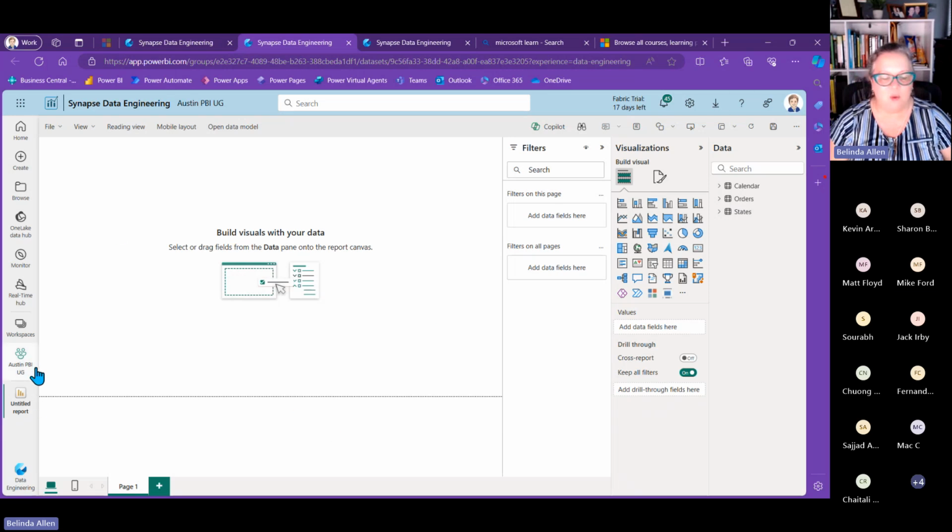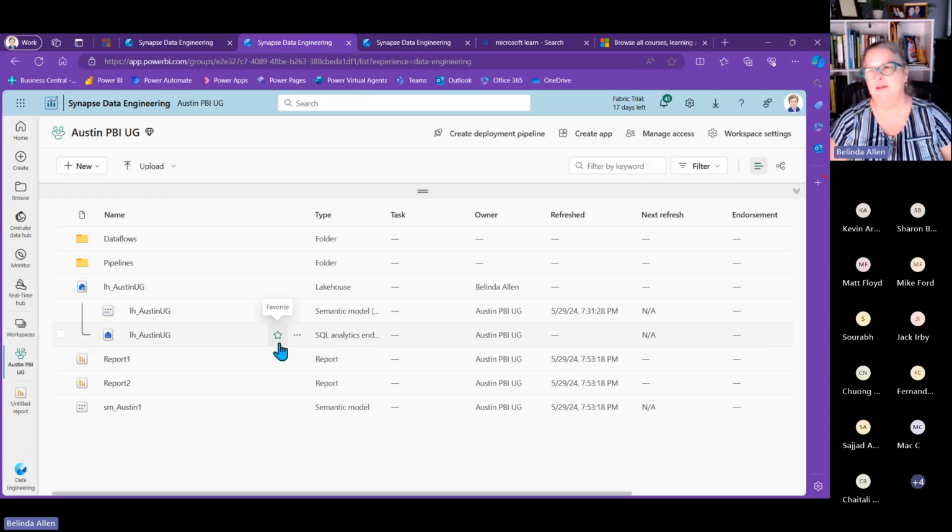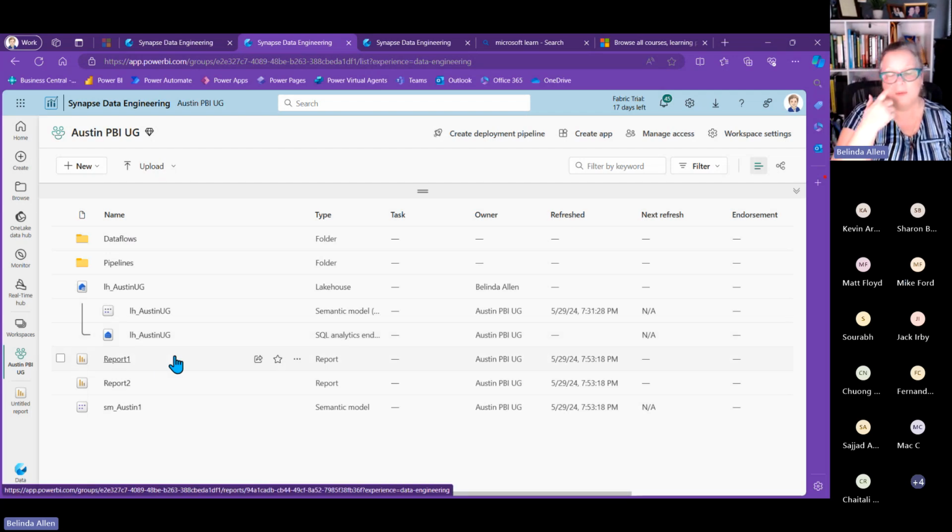But for the most part, what I wanted you to see was that Fabric is nothing to be afraid of, right? It's seriously nothing to be afraid of. From a Power BI perspective, the difference is really just using semantic models to connect your data, which is what we recommend doing anyhow as a best practice. So nothing has changed much from a Power BI perspective. From a data perspective, we have data warehouses and lake houses to put our data in, and you have options on how to get the data in.